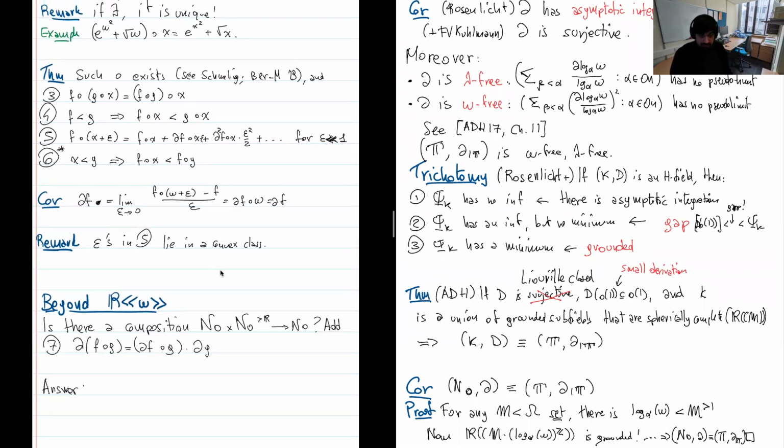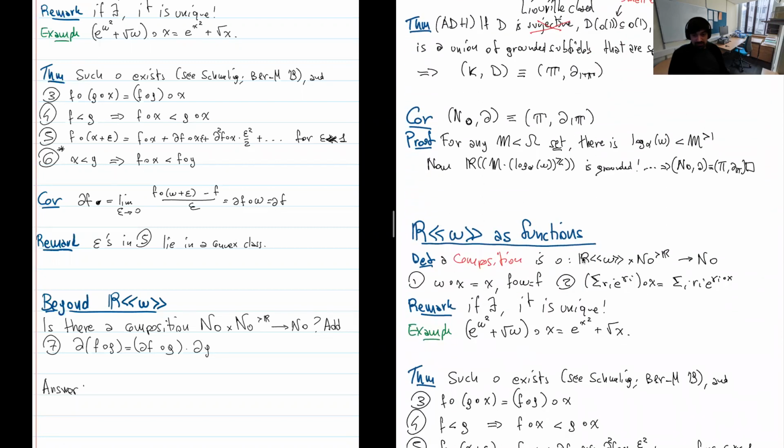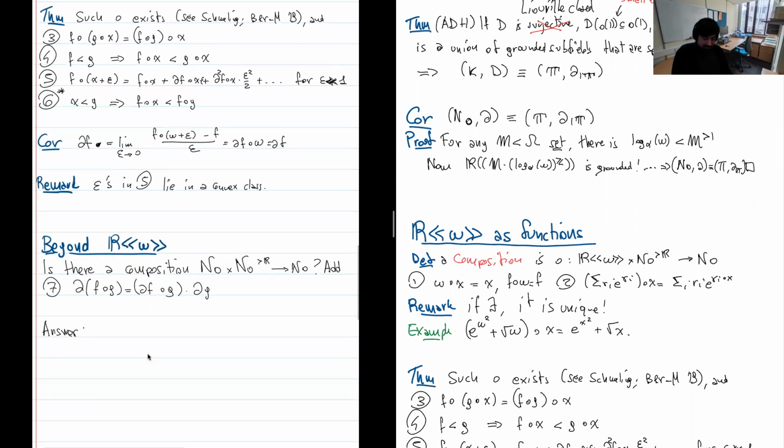Okay, now the final comment I want to make: of course, we started with a nice theorem about the derivative on surreal numbers, but now I'm doing this composition on R omega. It's a lot smaller. Can we do this on all surreal numbers? Now, to make sense of it, I want to add this condition at least. So there must be some way of making sense of what this composition is doing outside of R omega. The answer here is no,